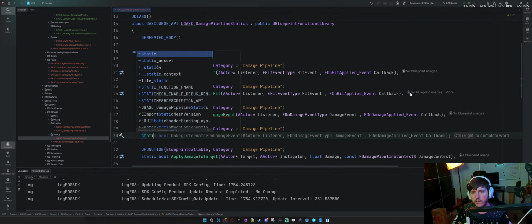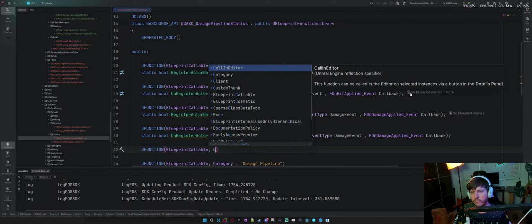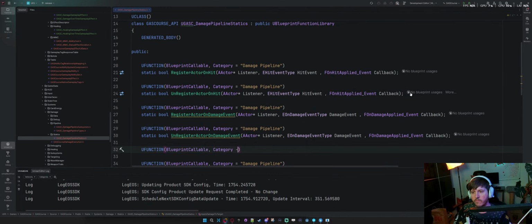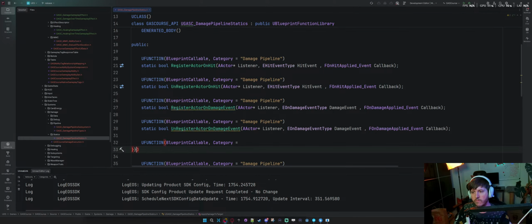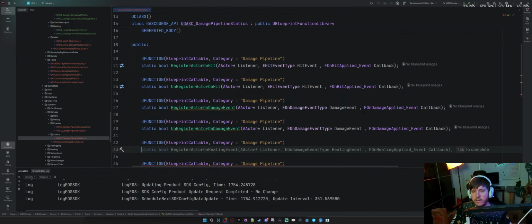Callable, static, unregister, and then again, healing. Cool, yes.